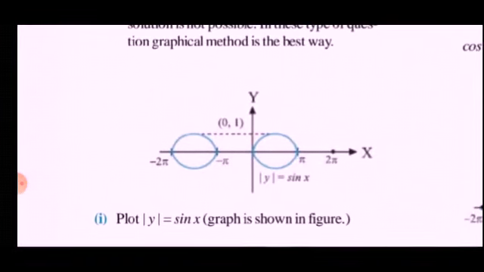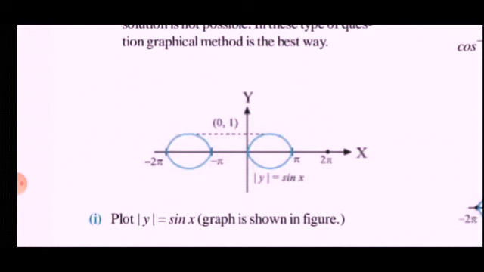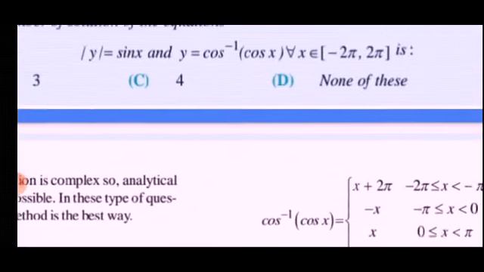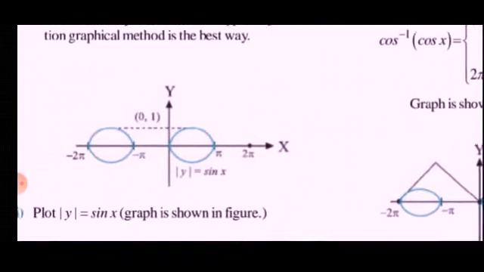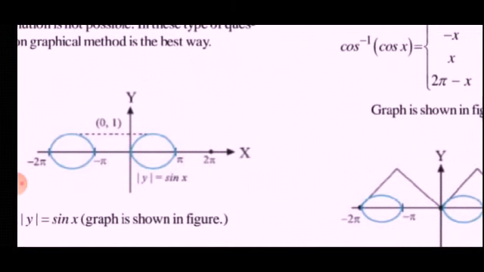So at minus 2 pi and plus 2 pi, as it is a closed interval, these dots will also be considered. Minus 2 pi is part of the whole loop over here, the blue part. So whether 2 pi is part of mod y equal to sin x: as here 2 pi is in the closed interval, we are considering x as 2 pi. So is the 2 pi dot considered in this graph or not? Of course it is considered.